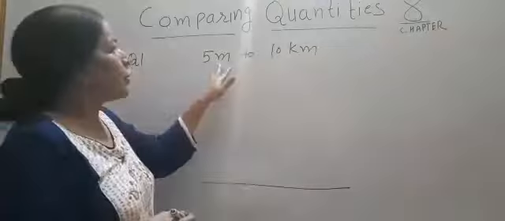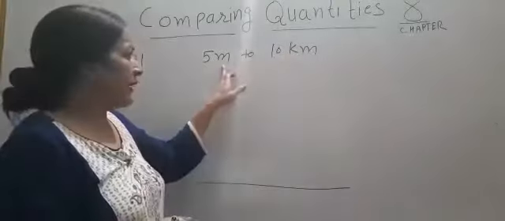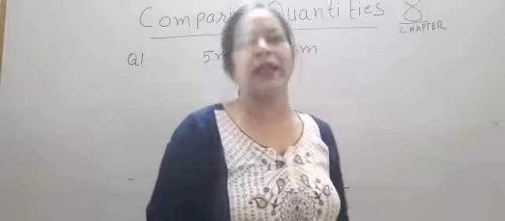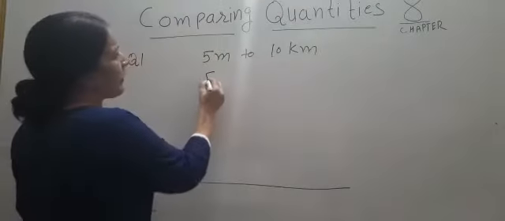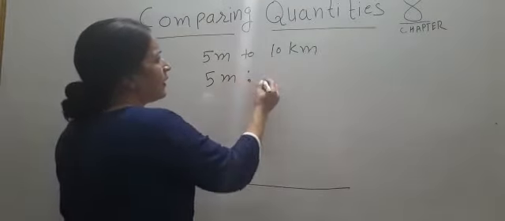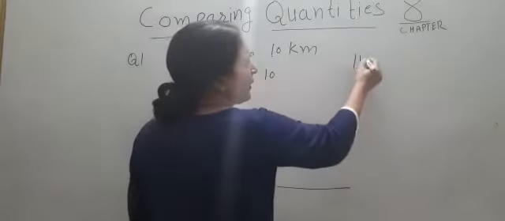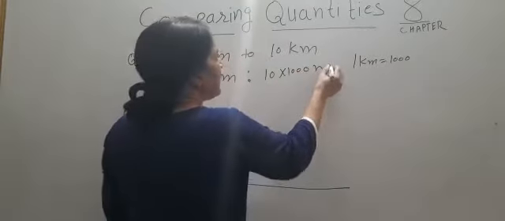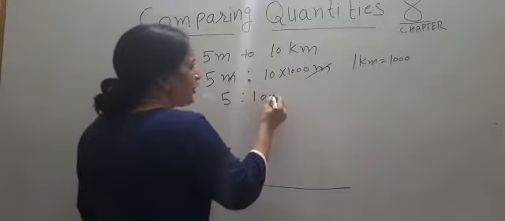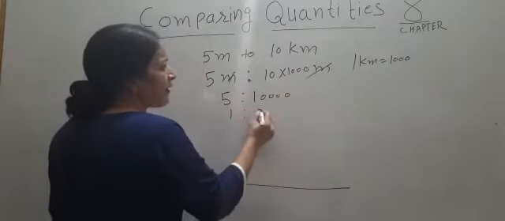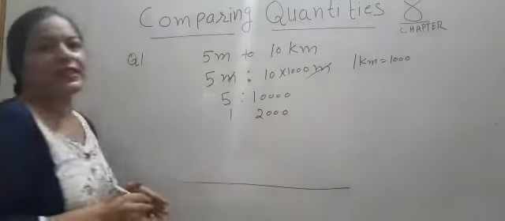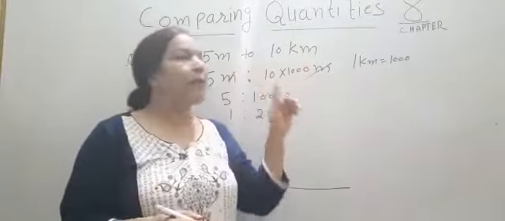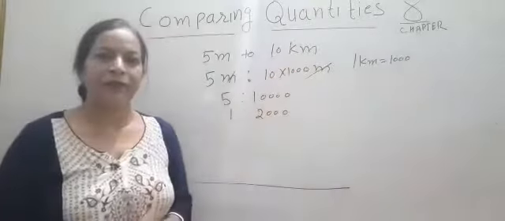If you have to find the ratio, you have to compare two things. First of all, you have to make the units the same. It is meter, it is in kilometer. You have to make the unit same. Only when the units are the same can we compare. Clear? So 5 meter ratio symbol 10 kilometer. In 1 kilometer, how many meters? 1000. So it is 10 into 1000 meter. Meter cancels with meter. 5:10,000. So 5 ones are 5, 5 twos are 10, 2000. The answer is 1:2000. In a similar way you can find the ratio, but remember the unit should be the same.